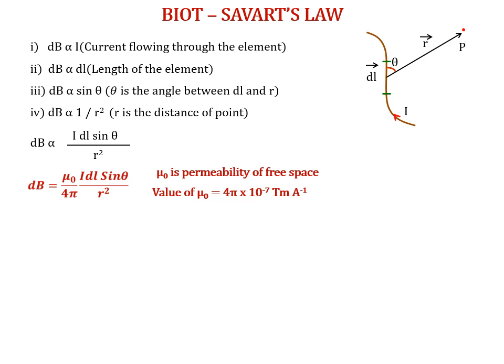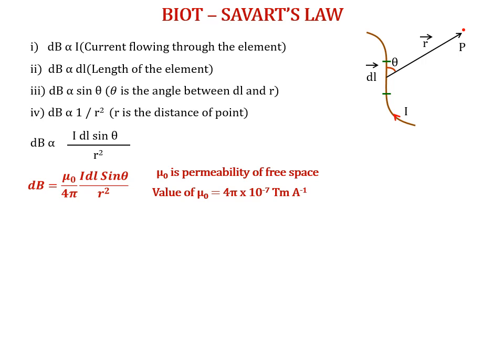Just as you have seen electric field depends upon medium, similarly magnetic field also depends upon the nature of the medium, and this constant is referred to as permeability of free space. The constant of the medium is called permeability of the medium and for air it is referred to as permeability of free space. The value of this permeability is 4 pi into 10 to the power minus 7 Tesla meter per ampere.